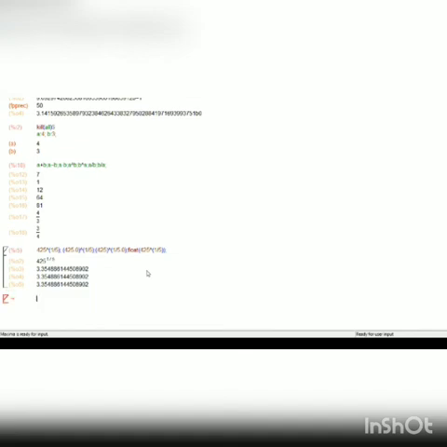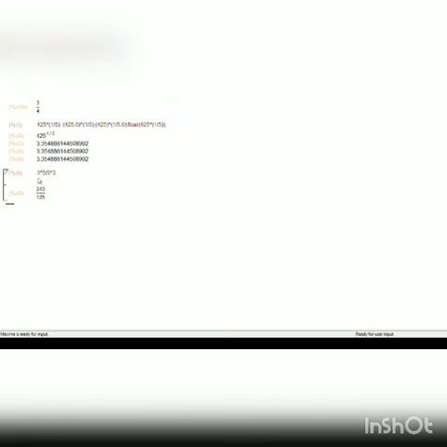Let's work out some more examples. I want to find the value of, say, 3 to the power of 5 divided by 5 to the power of 3. See, it gives simply 243 by 125. But I want this in decimal approximation. So what do I have to do? Yes, in any one of them, you give 0.